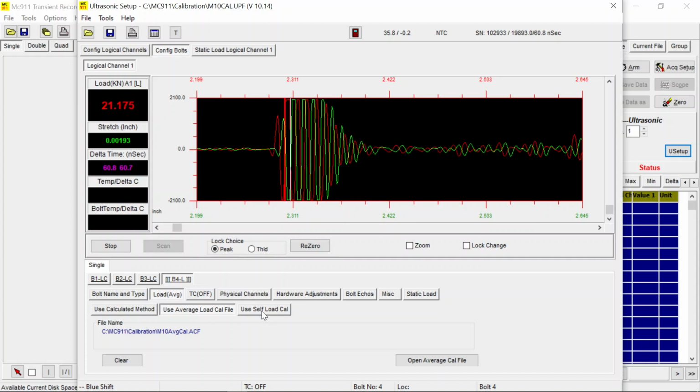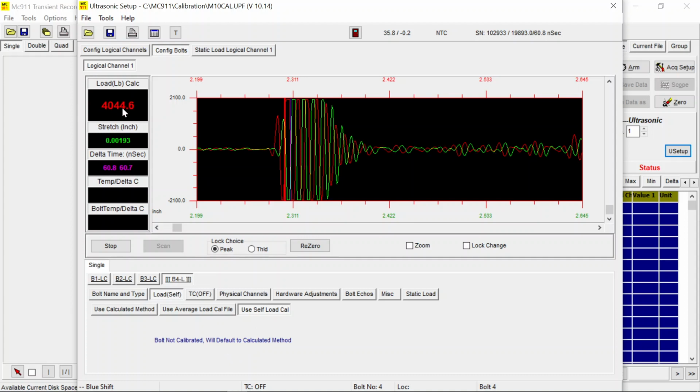If you use this tab, self-load calibration, it uses its own calibration. Since there is no calibration for this particular bolt, you're going to have something of an error here, which defaults back to the calculated method. I'll show you where it can be used. If I stop this,